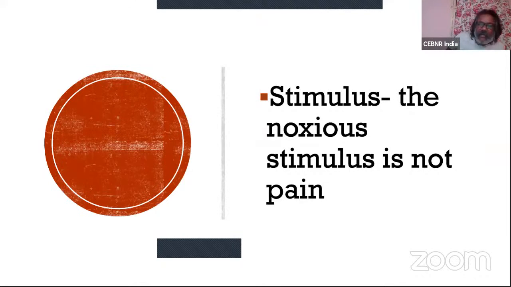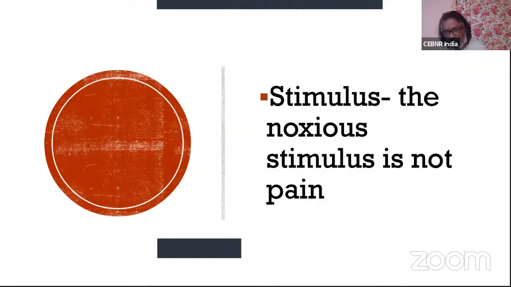Now, this is where I'm going to make you remember that any stimulus, mostly for pain, we call a noxious stimulus. But sometimes a noxious stimulus will not be perceived as pain. That is the example I have shown in the videos and pictures where somebody is being poked in the skin, drilled around, and hooked, and they don't feel pain, right? Or they have very minimal pain. They are not pulling themselves away, right?